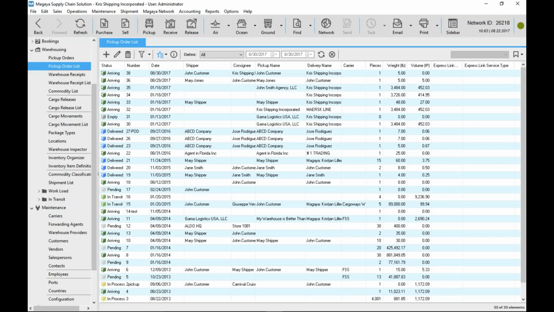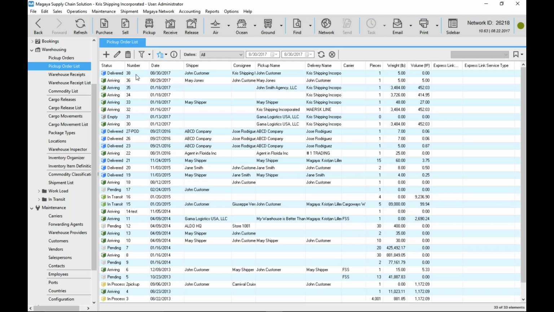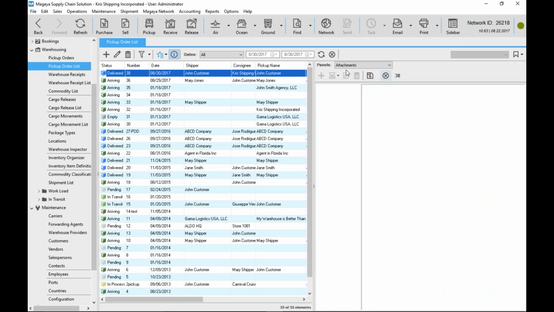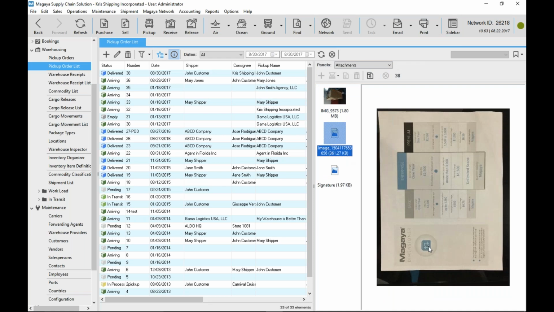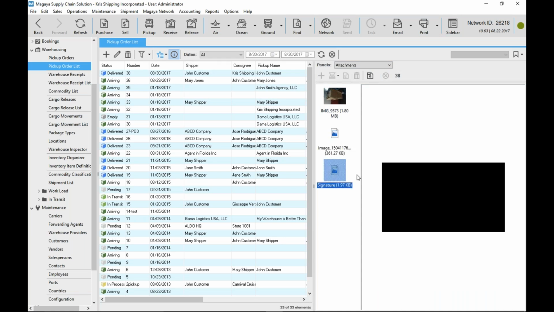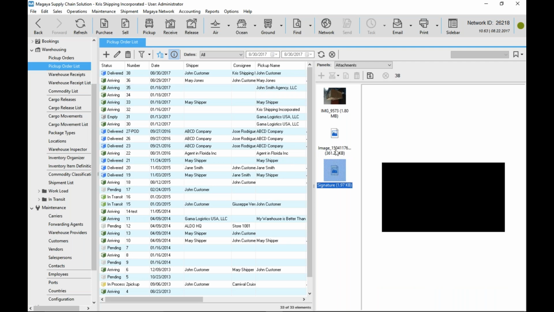We can take a look. Let me refresh this. You can see the status of this pickup order has now changed. It is now set as delivered. And if we look at the attachments, we see the original attachment that I posted from LiveTrack, but I see the documentation taken from Final Mile and actually the signature. Well, the signature might still be coming. The pictures are actually